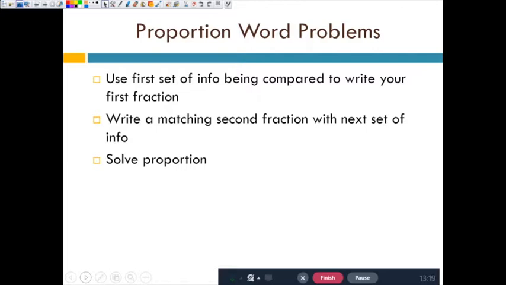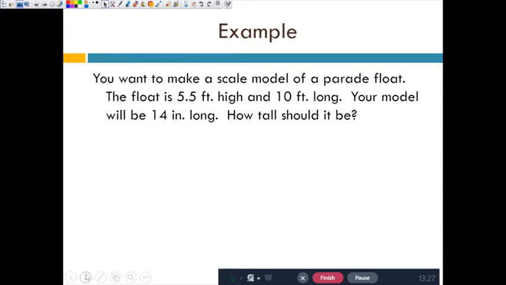If the width is on top, then the width has to be on top on the other side. Then we're just going to solve the proportions like normal. So let's practice one. For example here, he says you want to make a scale model of a parade float. The float is 5.5 feet high and 10 feet long. Your model will be 14 inches long. How tall